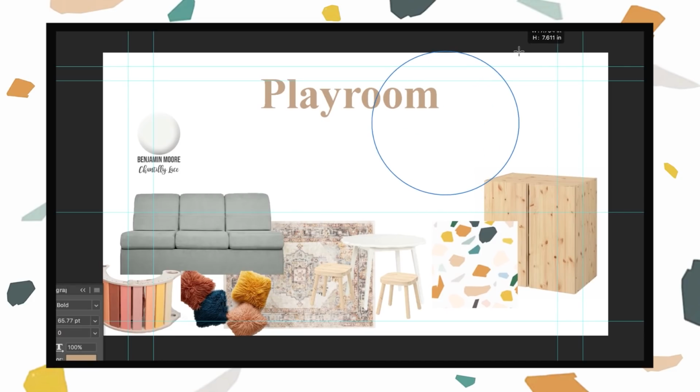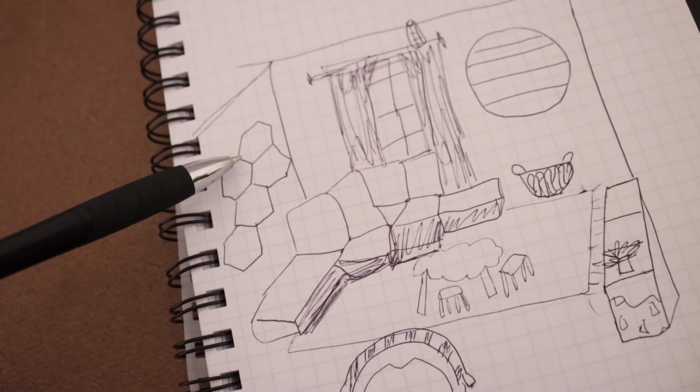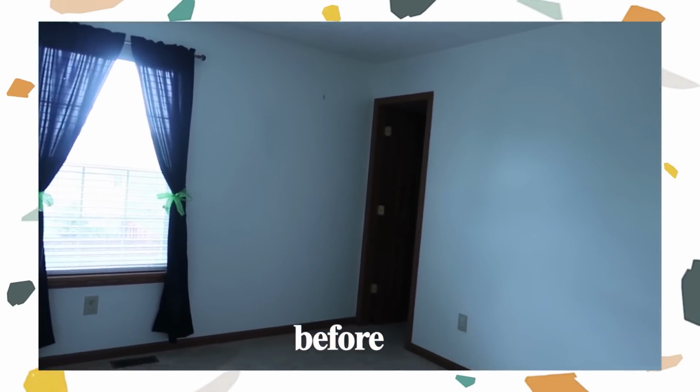Today on Carissa slowly makes over every room in the house, we are doing the playroom. Thank you to my friends at Benjamin Moore for partnering up with me to make some of my Pinterest dreams come to life. That was a quick look at some of my planning process, but here is a brief history